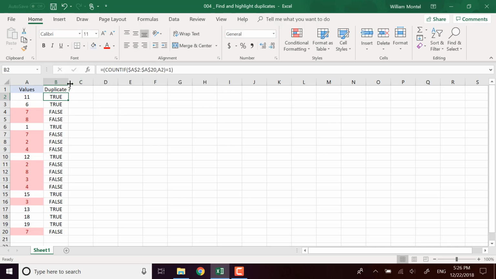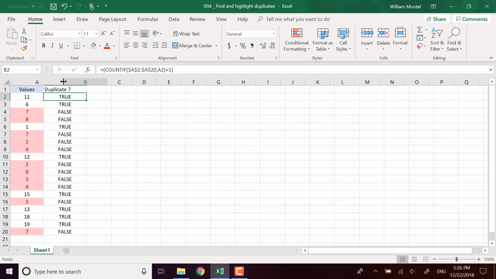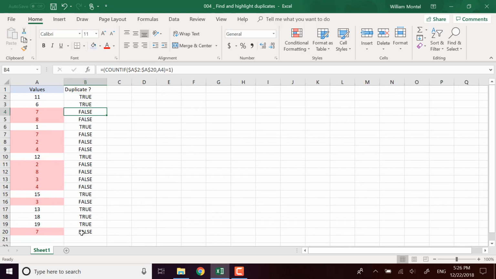And then after I can reuse this value somewhere else in my sheet. What I could do is use this value as the source for the conditional formatting. I could use a conditional formatting based on this column and say if I found, actually no,